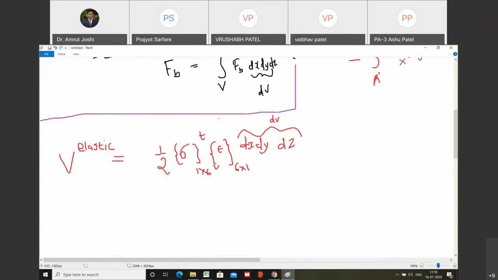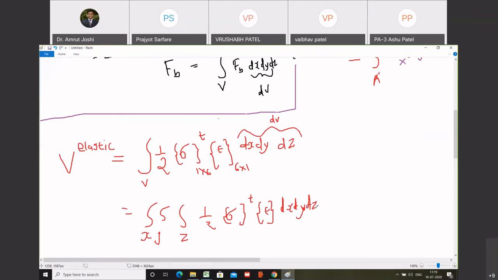And stress and strain in general are going to vary from point to point in a body. So therefore, how many such infinitesimally small cubes will I have to consider? Infinite. So what is the total strain energy stored in the body? I will have to integrate it over volume. So its longhand expression would be something like this: triple integration over x, y, and z, half sigma transpose epsilon dx, dy, dz. Are you able to understand this? Yes.